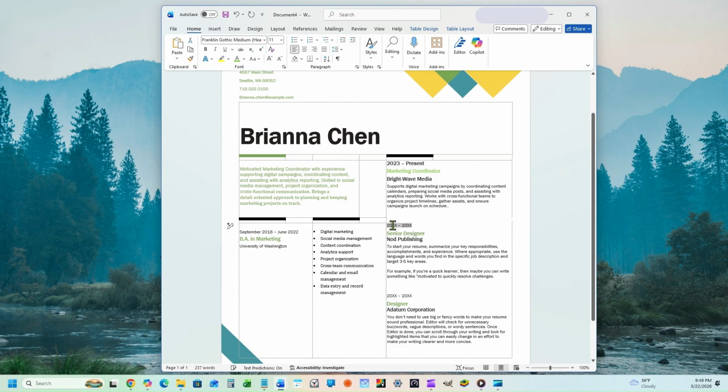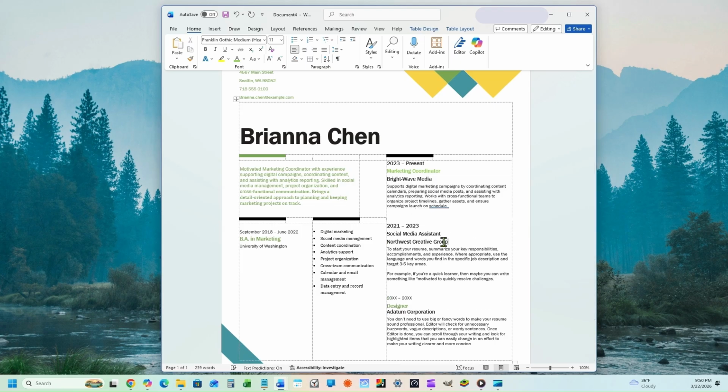action verbs. In Brianna's case, the first job entry is her most recent role as a marketing assistant at a Seattle-based creative agency. In this position, she supported campaign planning, coordinated content schedules, assisted with analytics reporting, and collaborated with designers and writers to ensure that deliverables were completed on time. Each sentence highlights a specific responsibility and avoids vague language, giving the recruiter a clear picture of what she contributed